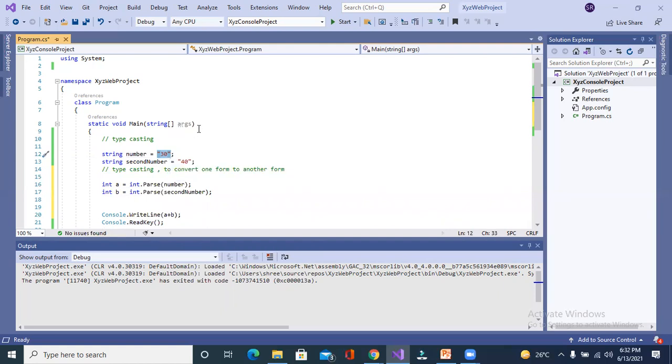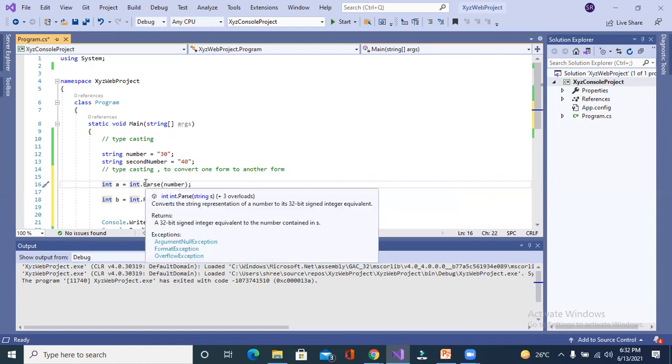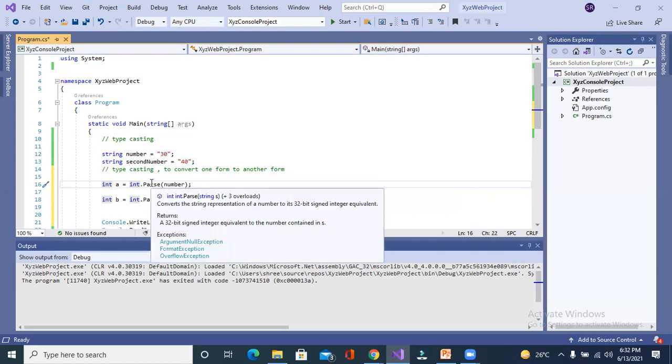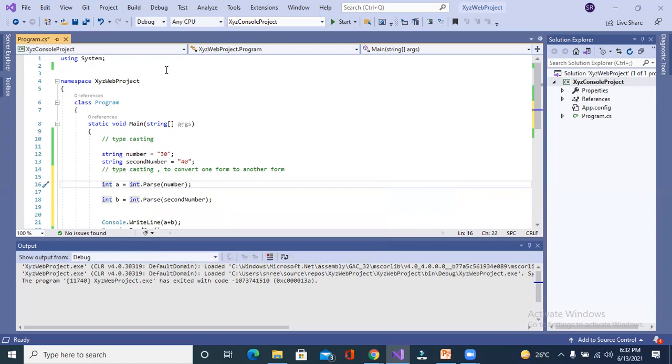Are you getting my point? Yes, sir. In order to convert string to integer, there is one function, int.Parse. Parse is the function, int is the class. It is not a class, it is a structure. I will discuss everything. Meanwhile, you have to remember there is one function, int.Parse. It will convert your string to integer.